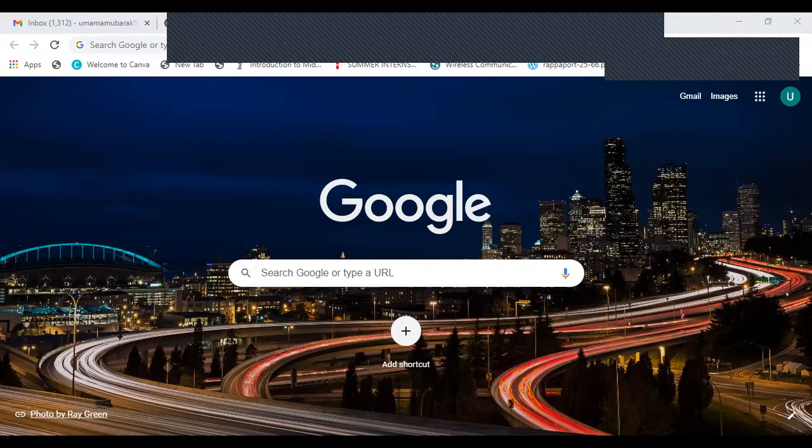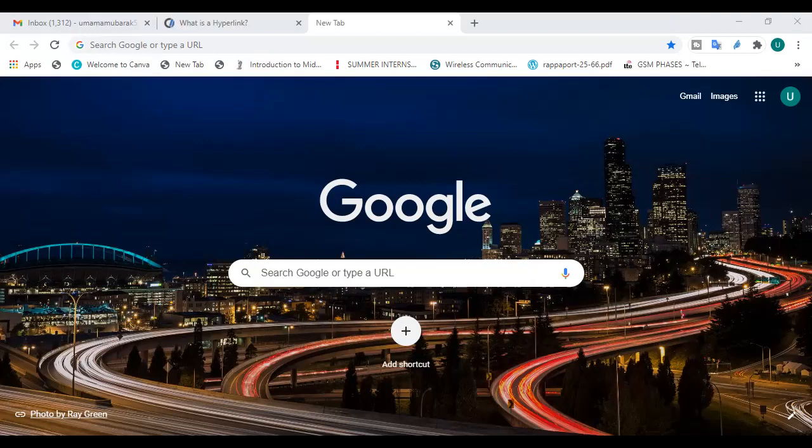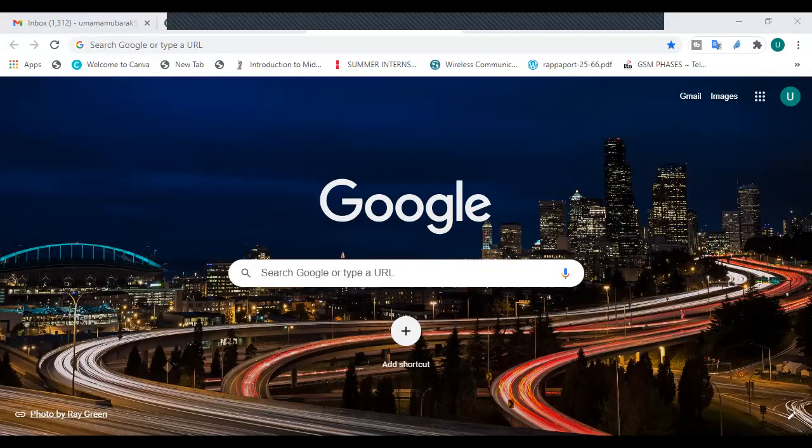This is a web page, and this web page has been opened by clicking on the browser. The browser that I'm using is Google Chrome. Got it? And then we discussed in yesterday's class that there are a lot of browsers available, and you can use any of them. A browser is a software that we install in our computer that lets us look at different things on the internet. Got it?